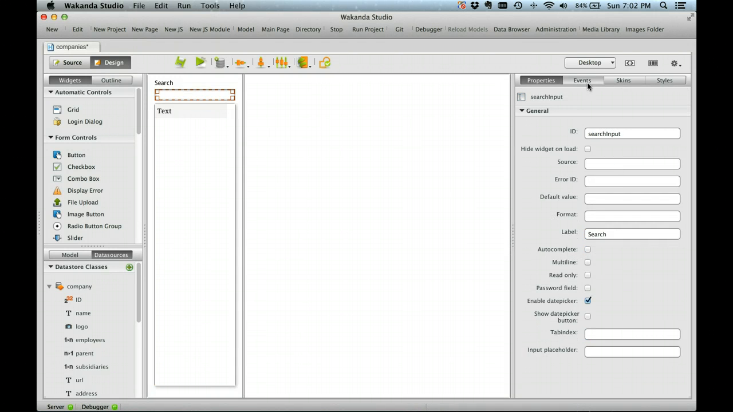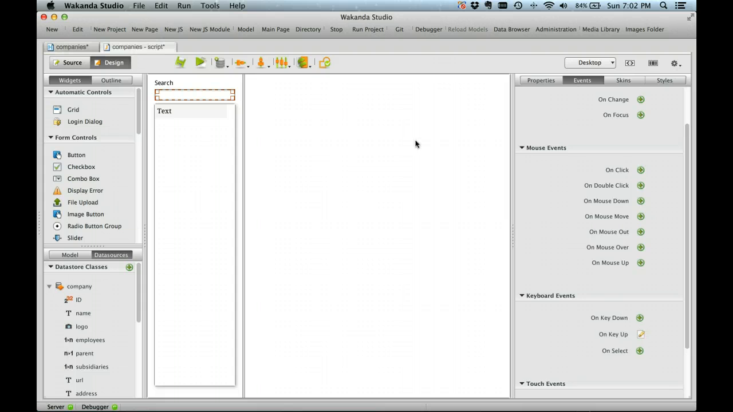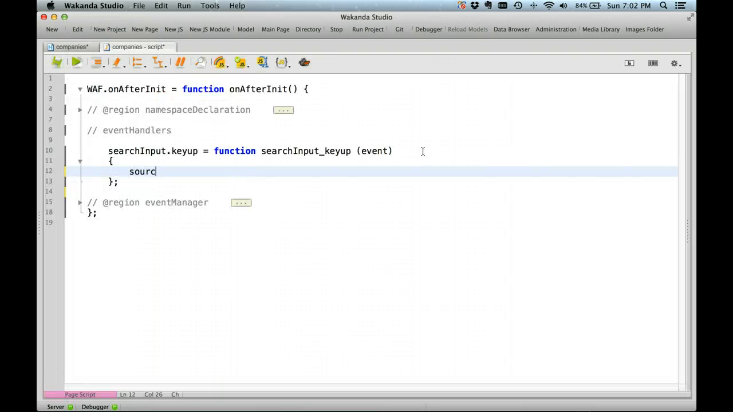And let's create a search. So we'll go to events on this text input, go to on key up. So every time a key up is done, we're going to do a search. Go to keyword sources, then our data source company.query, and we'll do query name equals placeholder 1, and let's do